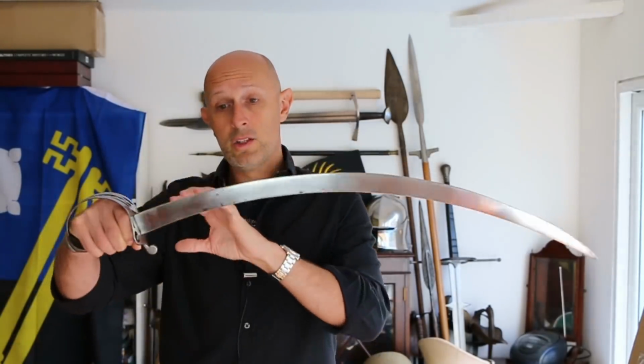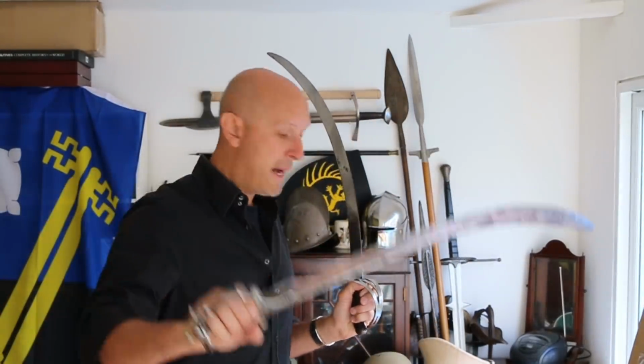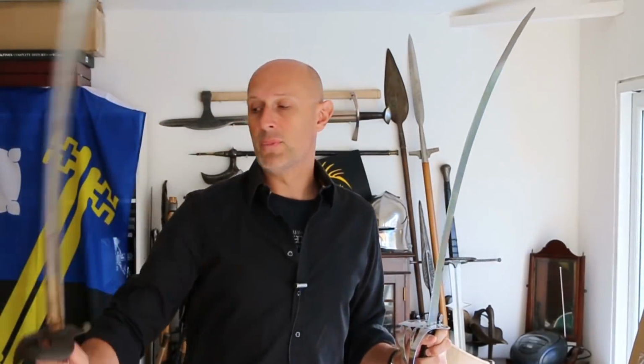And if we look at Indian swords, for example, the ubiquitous talwar, let's grab one off the floor, it actually really starts to become common in India in the 16th century, and thereafter becomes the dominant type of sword. So, why was it that these curved swords spread around the world, even to Europe, of course, because the beloved cavalry sabre was very often curved,